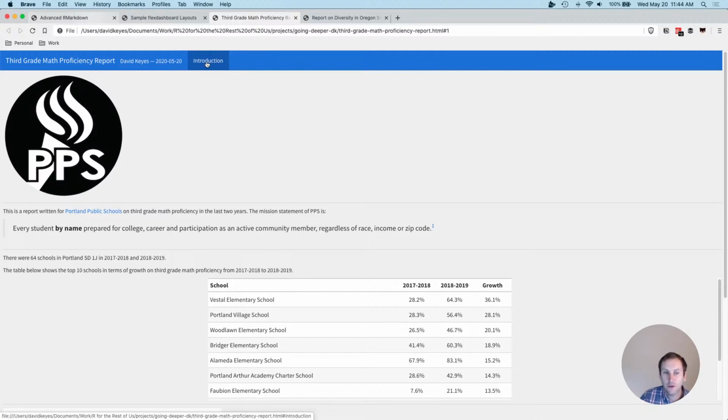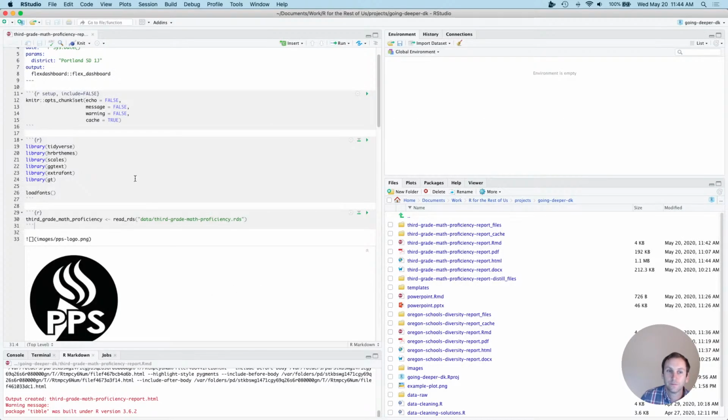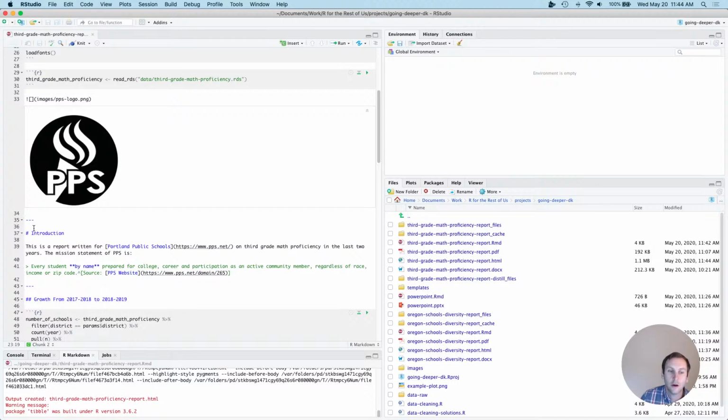It's a separate page. The thing with Flex dashboards is you actually have to use third level headers to indicate kind of sections in the layout. So for example, each chart, you can see chart 1 is a third level layout, chart 2 is a third level layout. So let's just switch that. So I'll go down here and I will make that a third level layout,